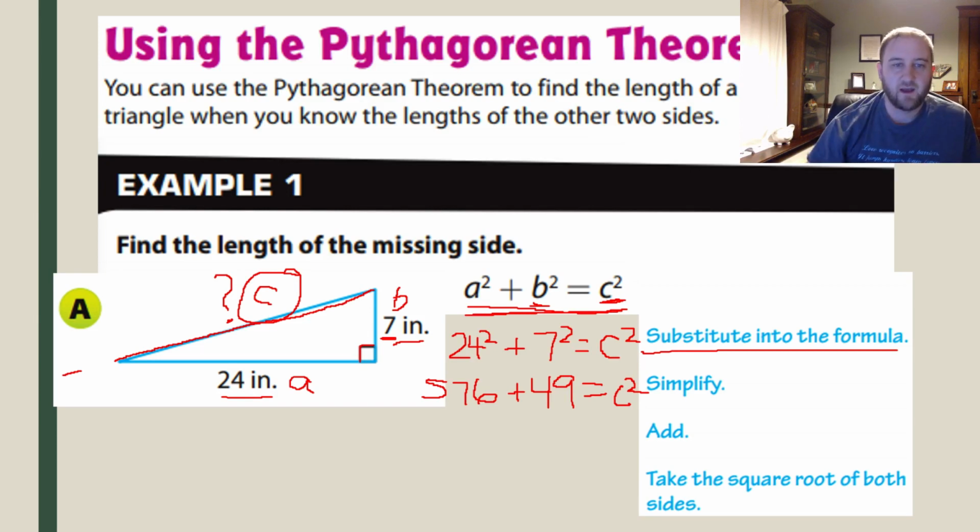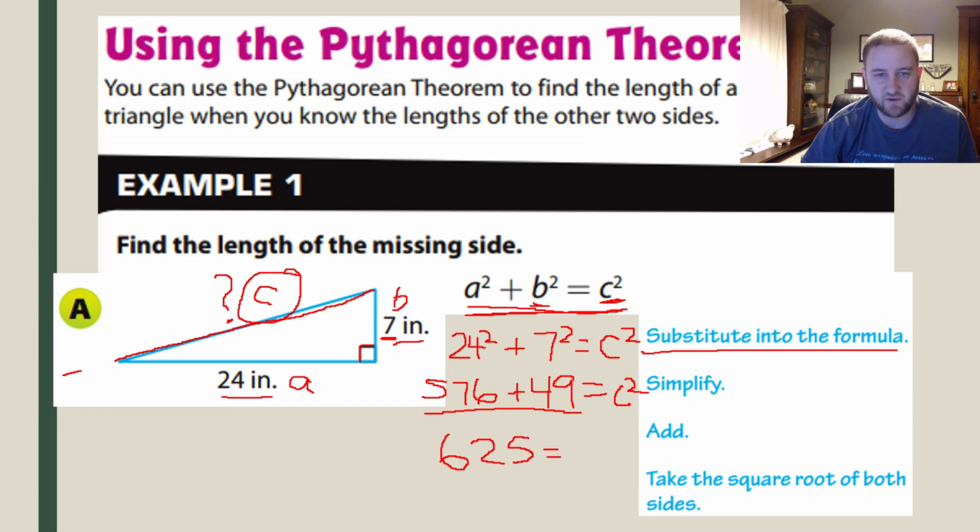Okay. And now we want to add like terms. So 576 plus 49 is equal to 625. And that's still equal to C squared on the right side. Okay, now we have what C squared is equal to, but I don't want to know what C squared is equal to. I want to know what C is equal to,